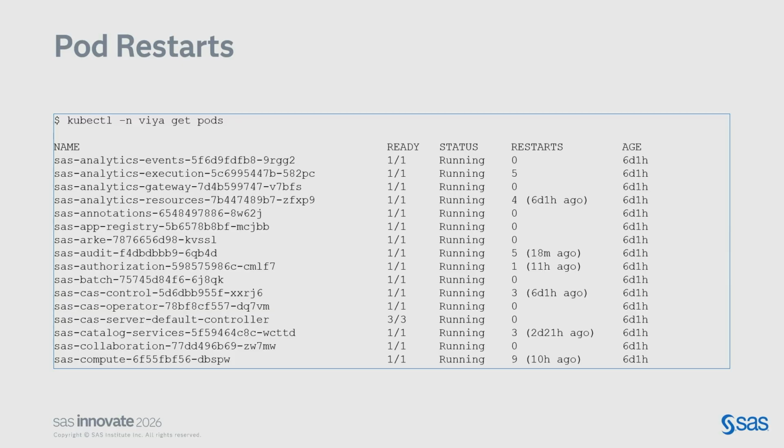All right, so we're going to look at just some manual kubectl commands to start, okay? This is from a deployment I have, and I'm just doing a real simple kubectl get pods. You can see here it's listing, obviously not all the pods in the system, but the first 12 or so. The key area I want to focus on is this restarts column. And why is this important? Because